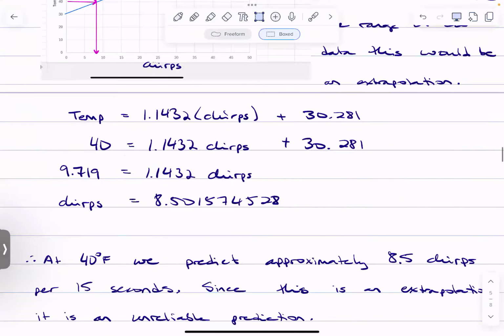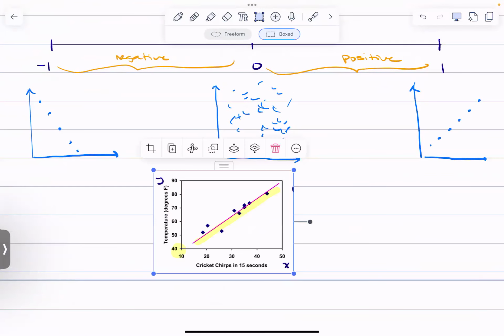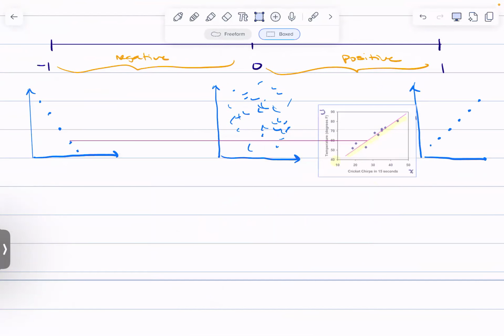I know. Cheeky. Looks like a positive relationship, right? And it's quite strong, right? And so I would say, and this is kind of going beyond here, but this is somewhere between 0 and 1. It's going to be very close to 1 just because it looks so strong, right? And so, it's positive because I have a